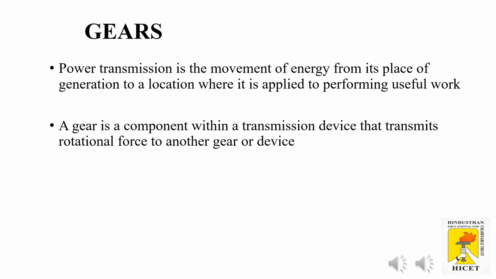In addition to transmitting motion, gears are often used to vary the speed or to change the direction of motion from one shaft to another shaft. When compared with belt and chain drives, gear drives are more compact, can operate at high speeds, and can be used where precise timing is required. Also, gears are used when large power is to be transmitted.